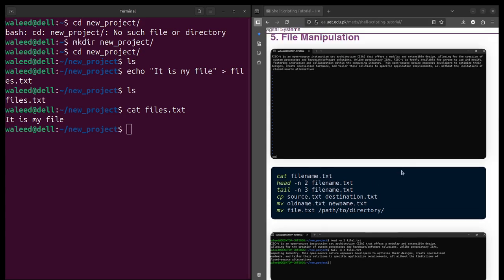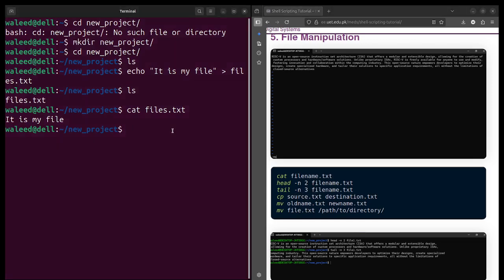Okay, so now let's say you have a really long file and you do not have enough time to look at the whole file, and you want to read only the first lines or just the last lines. So you will use head and tail. By head, let's say this one, it will print the first 2 lines of that file, and tail, let's say, it will print the last 3 lines of a file.